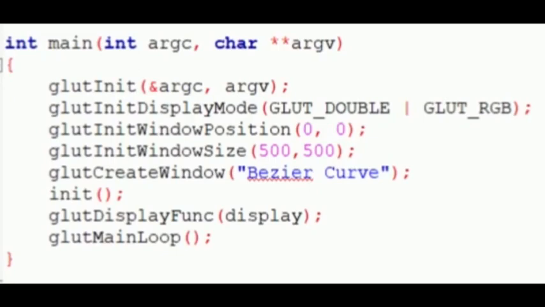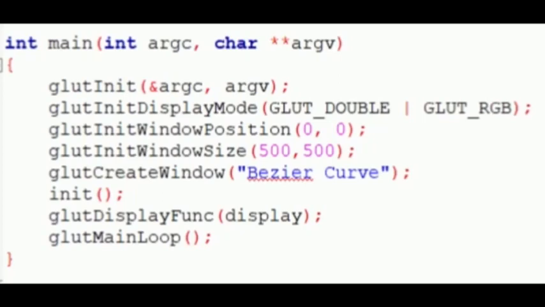glutInit initializes the command line arguments argc and argv. glutInitDisplayMode allows RGB ORed with double buffering. The window position is initialized with 0, 0, and we initialize the window size, giving 500 by 500.